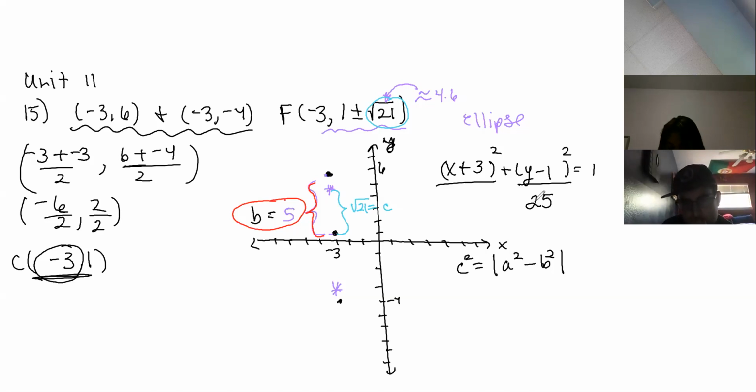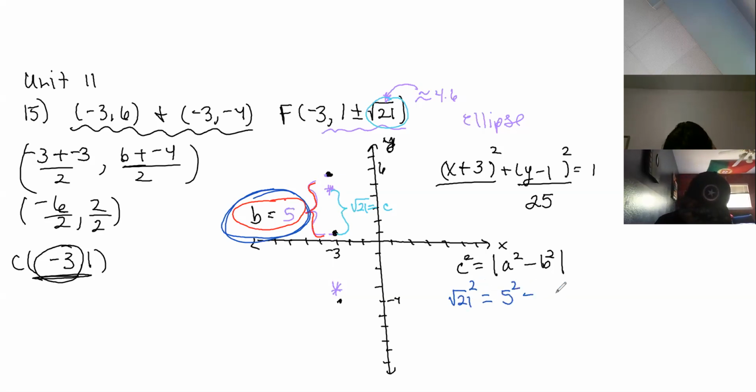Which one's bigger, A squared or B squared, if the foci, those purple stars, move in the direction of the major axis? They're going up and down. So which one's going to be bigger? B. Okay, so root 21 squared equals, B is 5,